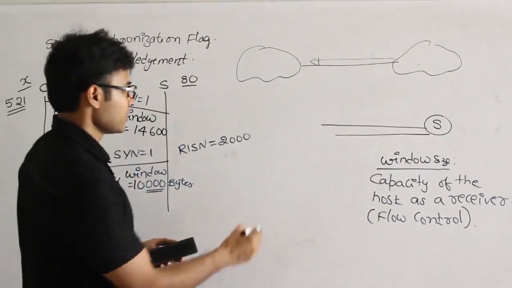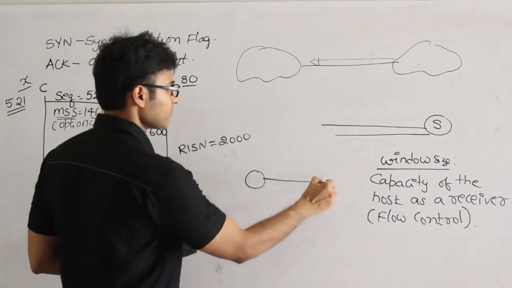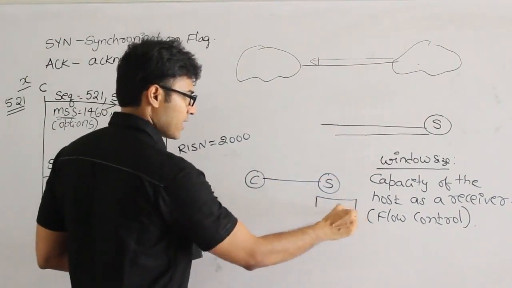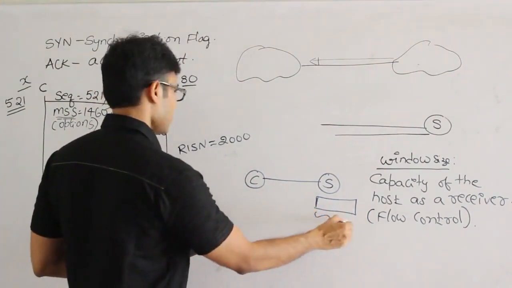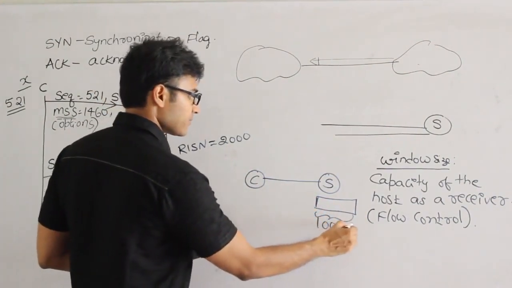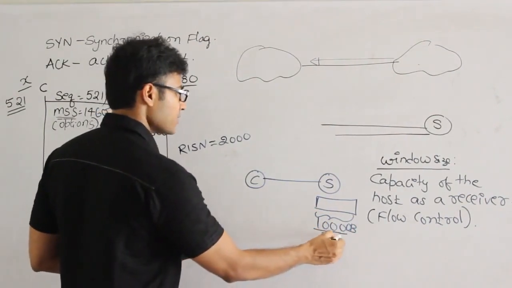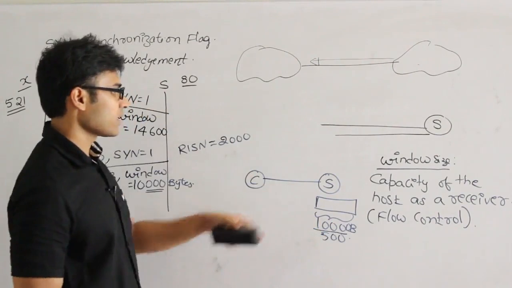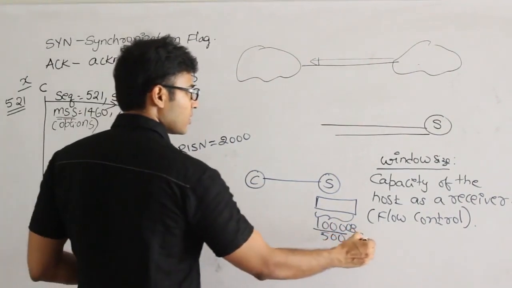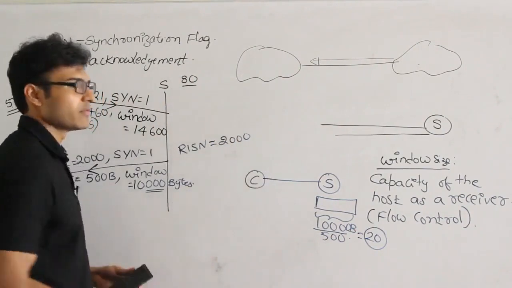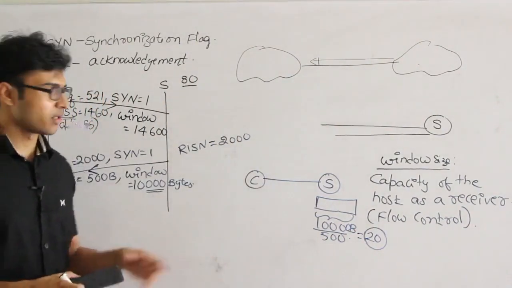It means that the server is reserving some buffers, and the buffer is actually 10,000 bytes, and every packet is containing 500 bytes. Therefore how many packets can the client send at one time? 20 packets, right? So you can send directly 20 packets in one window without worrying about